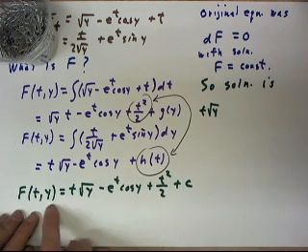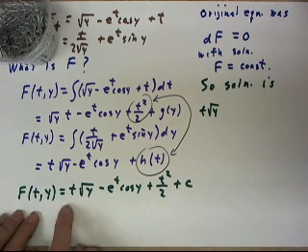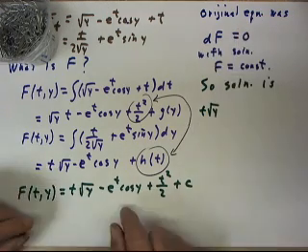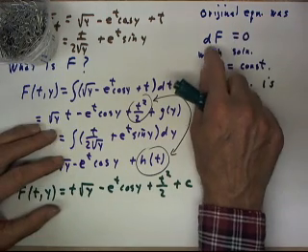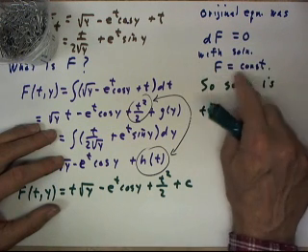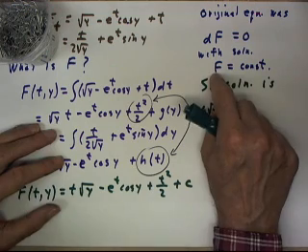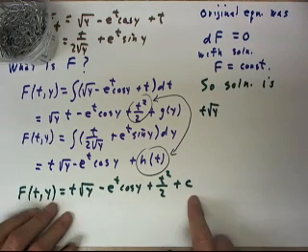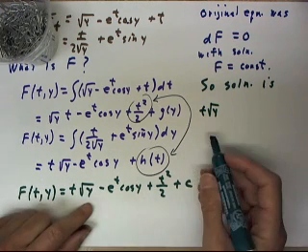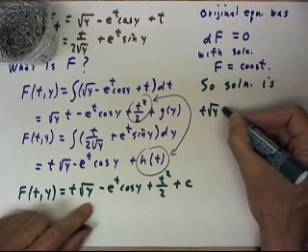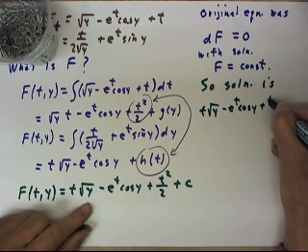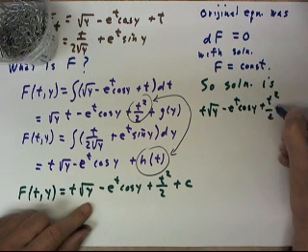Now we've determined that our original function f of t, y was of this form. Our original equation from which we obtained everything was df equals 0, and that has solution f equals constant. We've recovered the function f. It's equal to this. So our final solution is given, at least implicitly, by t square root of y minus e to the t cosine y plus t squared over 2